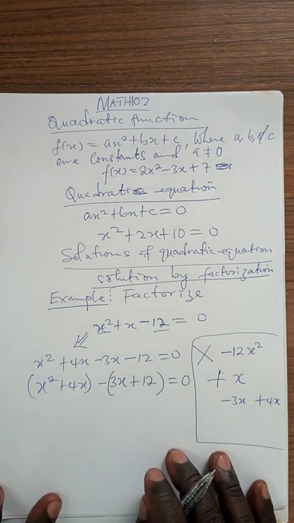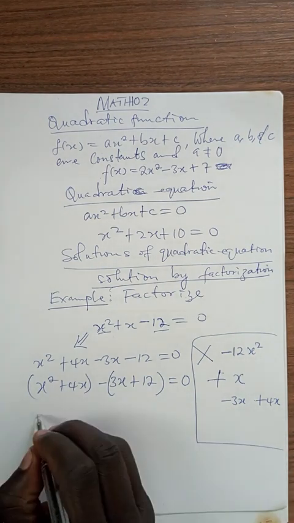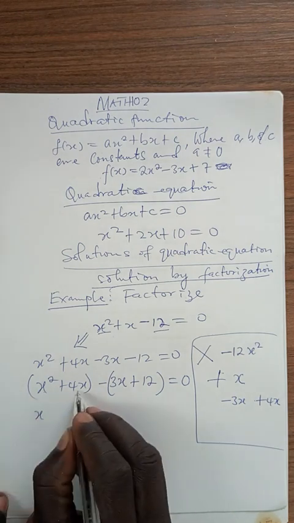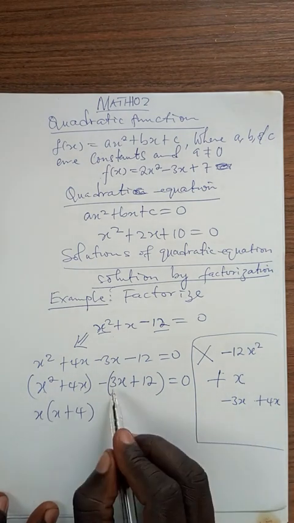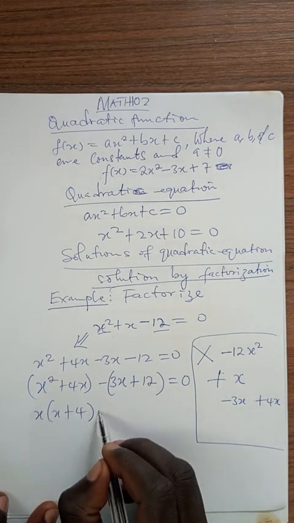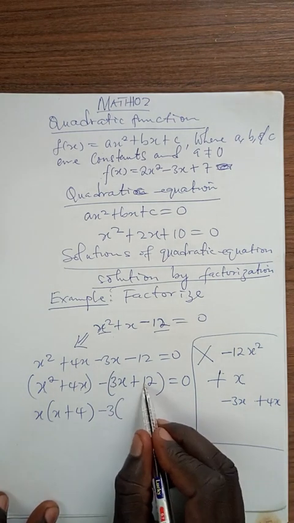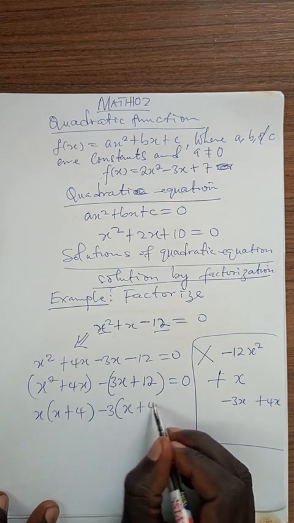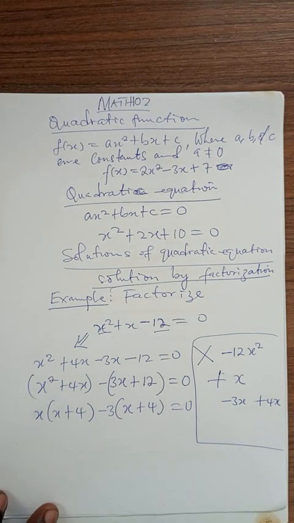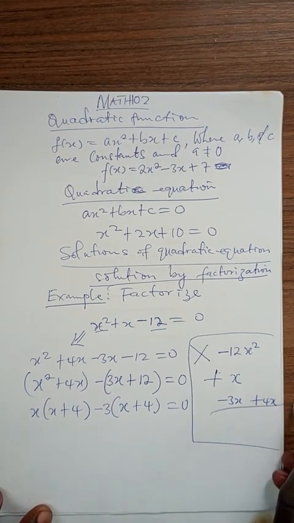So after pairing, you factorize. You have x common in the first pair, therefore you have x into x plus 4. And then there is 3 common in the second pair, so you say minus 3 into x plus 4. And this is equal to 0. So if your factorization and considering the terms we considered is actually correct from here,